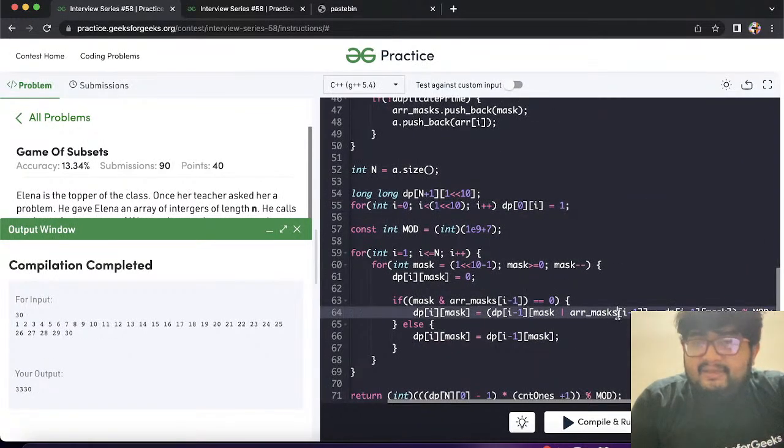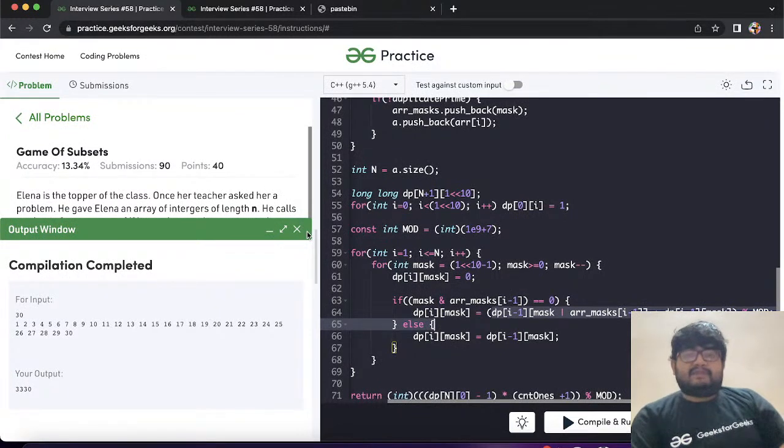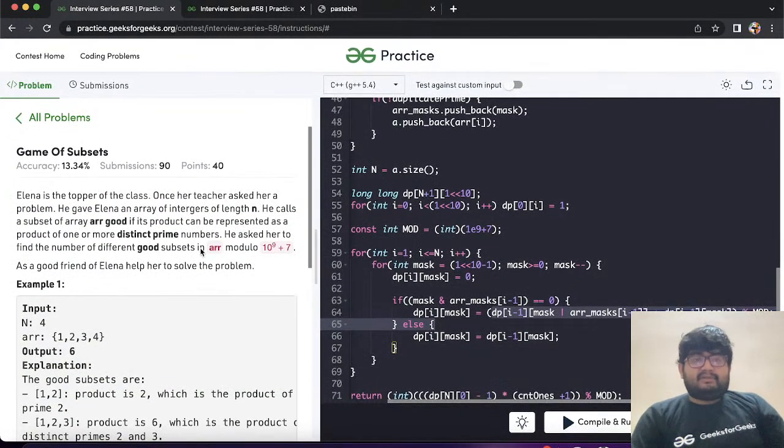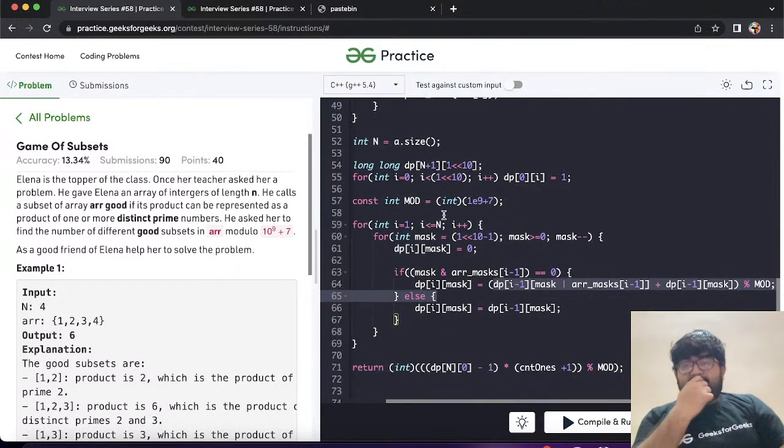we can either take it or we will not take it. So if we take it, we have to find the number of ways, right? That's what we have to find, the number of different subsets. You take it or you don't take it, you have a different subset, dp[i][mask] is dp[i minus 1] or